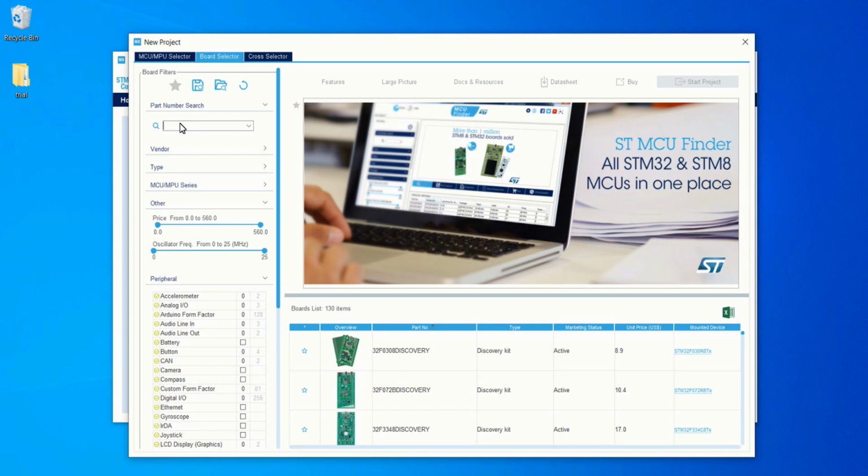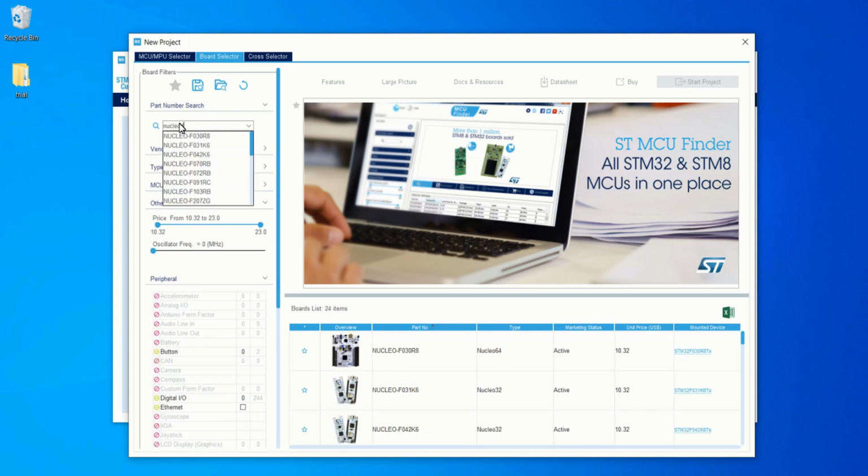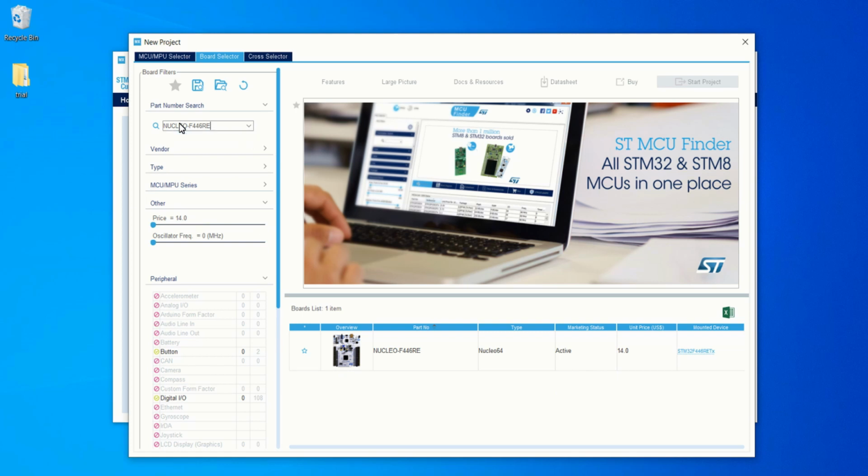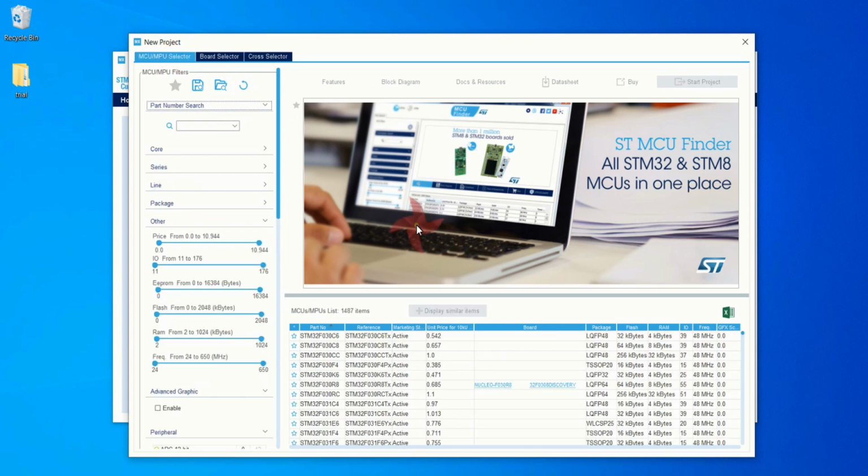In my case I am using the Nucleo F446RE development board. You can find these kinds of boards over here, but if you are using a custom made board as per your requirement, you just want to select the MCU right over here. Click on the MCU selector tab and type in the microcontroller name that you are using.